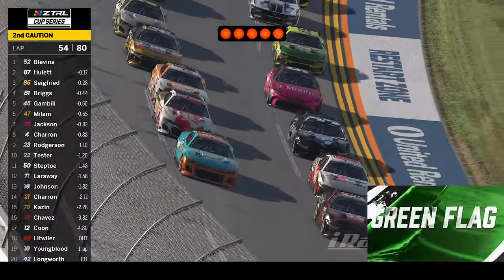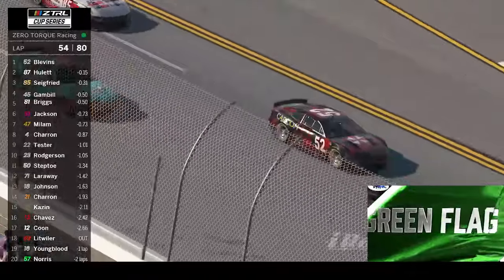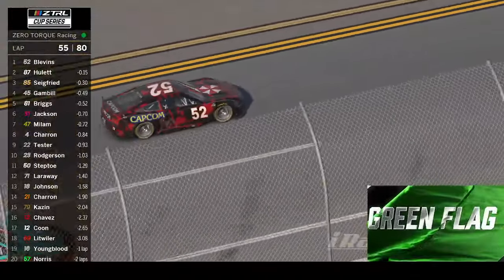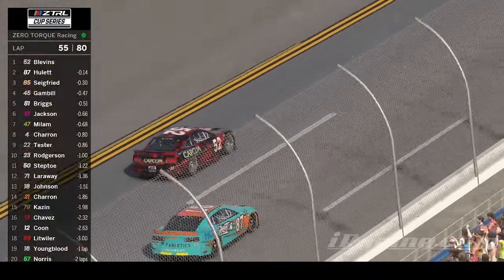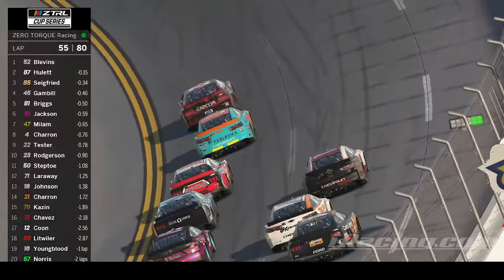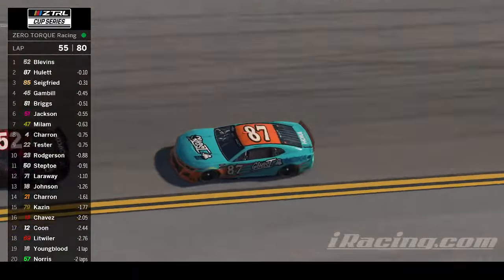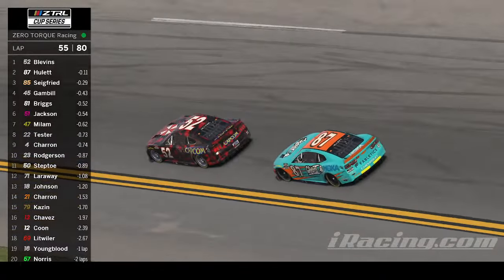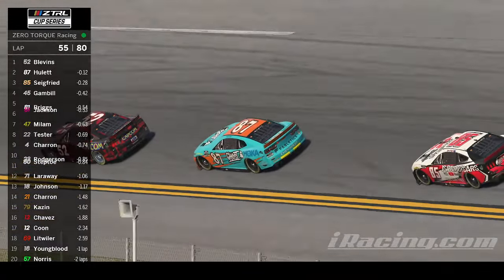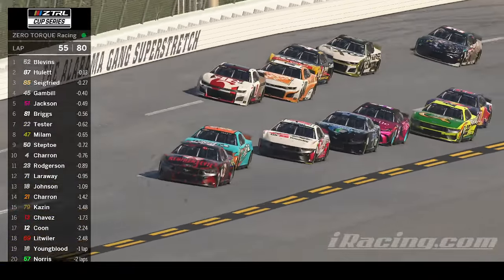Green flag on the speedway. Really stacks up the bottom. He went late into the box. Blevins holds the race lead. Blake Hewlett will fall in right behind him. Worked out really good for the 87 Ghost Machine. If I'm him right now, if I'm the top 2, we can keep it like this till the white flag or to the end of the race. If you're the 52's case,